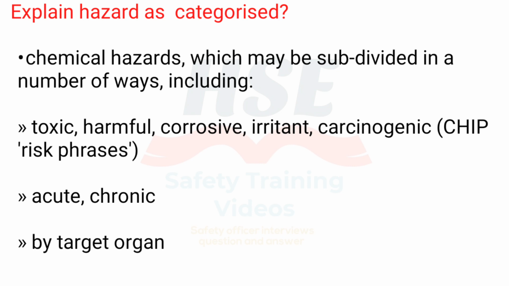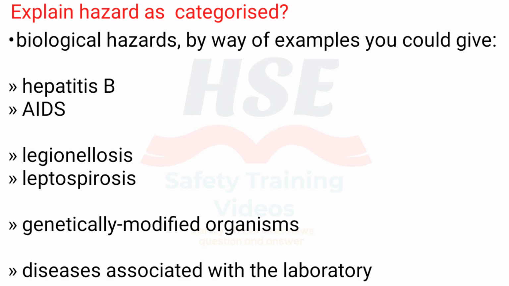Chemical hazards, which may be subdivided in a number of ways, including toxic, harmful, corrosive, irritant, carcinogenic, CHIP risk phrases, acute, chronic, by target organ. Biological hazards, by way of examples you could give: